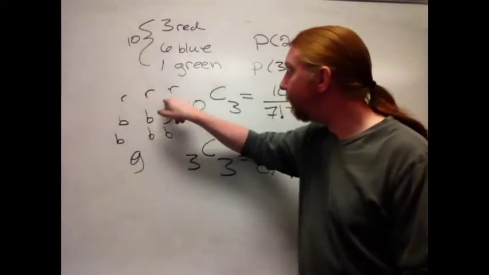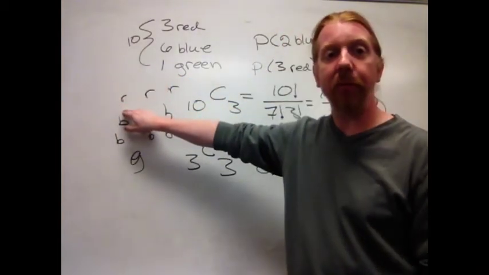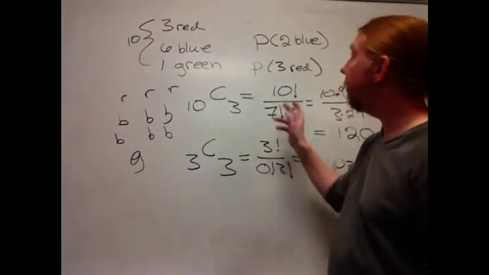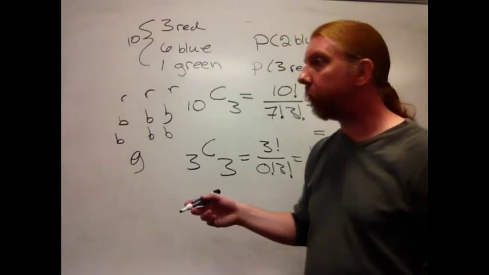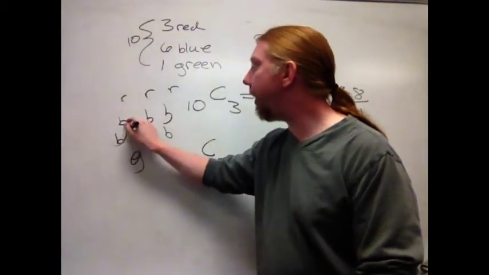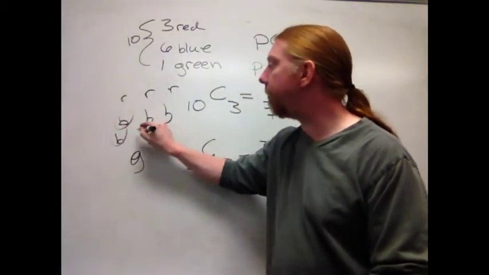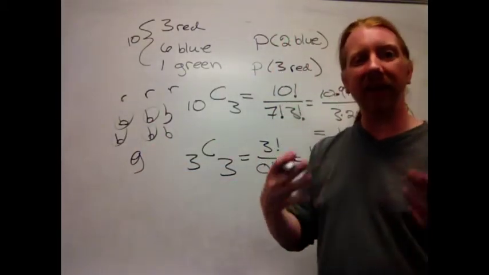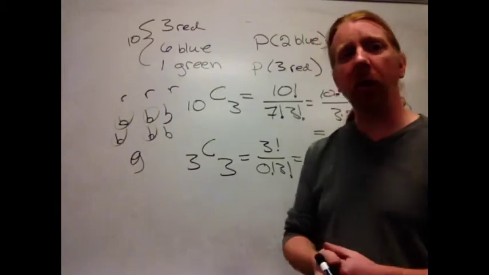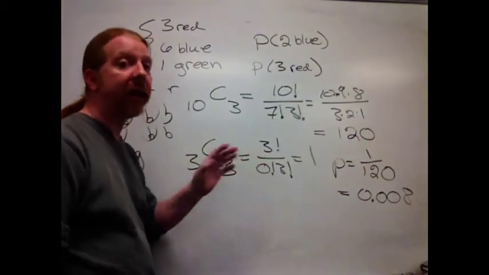Well, there's really only one way I can pull them out. With the blues, on the other hand, we said there were more ways to do that. So I can say, well, I wanted to have 2 blues, so maybe I have this blue and that blue, or this blue and that blue, and I can start to count some of the ways it can happen, get a ballpark figure to work with,